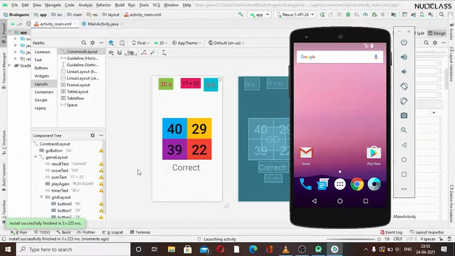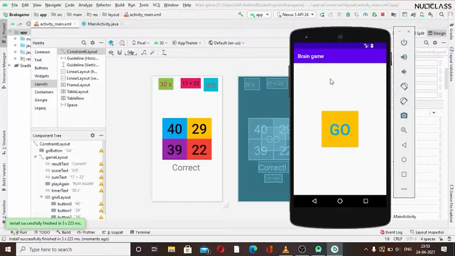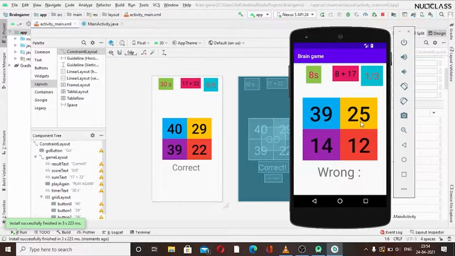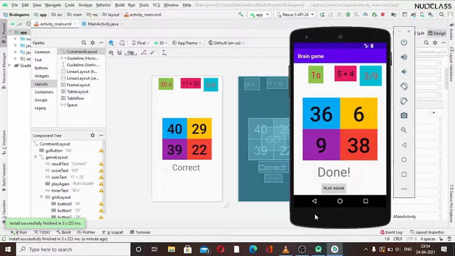Here comes our app. Now we can see that we are getting that screen here, and initially we have a clear screen. We can tap on the go button to start the game. We can see the timer is ticking downwards, and we are getting these sums. We can select any of the options, like I select 27, and I'll select a wrong option. Our scoreboard keeps moving on, and the timer is also decreasing. You can see that, and on game over we will get done here and the play again